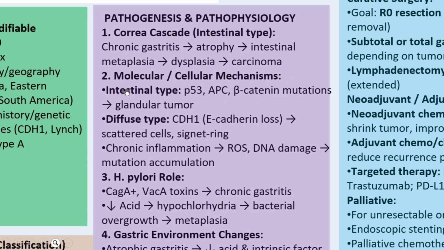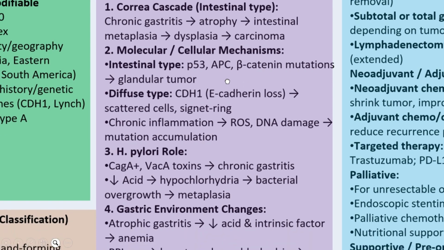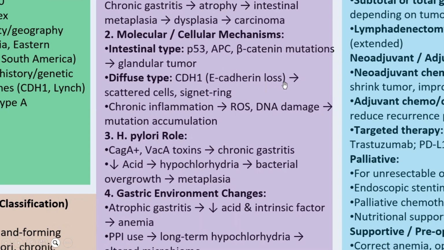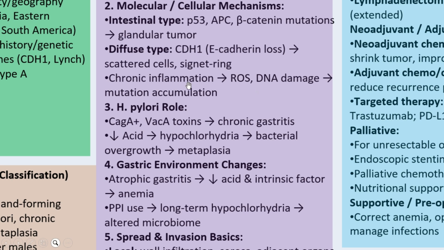And there are some other mechanisms that have been involved. For example, the intestinal type is associated with P53 defects, the APC gene, and beta-catenin mutations, which lead to this glandular tumor. Then in the diffuse type, we have E-cadherin loss. And E-cadherin is important in holding things together. Most of the time when you lose E-cadherin, that's when these cells start to disseminate everywhere. So when we have CDH1 mutations, which lead to cadherin loss, we are going to have scattered cells,